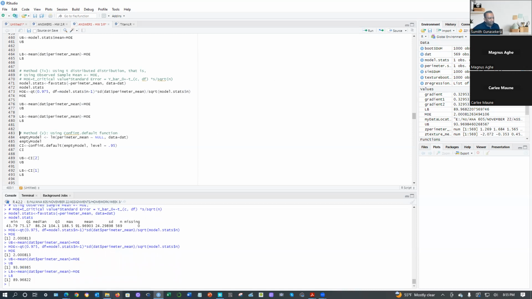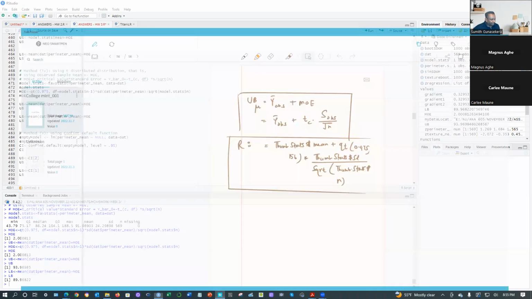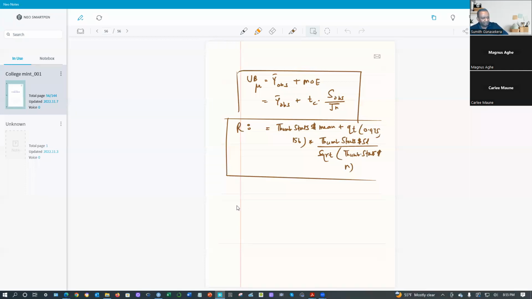Now we come to the fifth method. This is the fourth method; I'm going to write the fifth one and then continue this discussion. The fifth method: computing confidence intervals, CI, straight